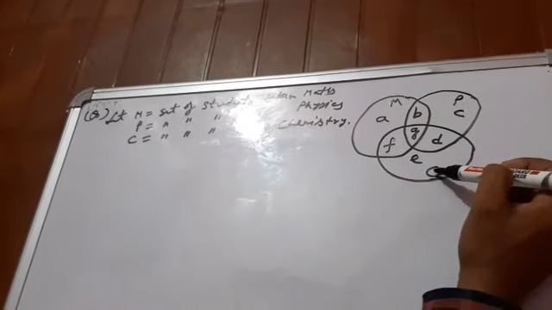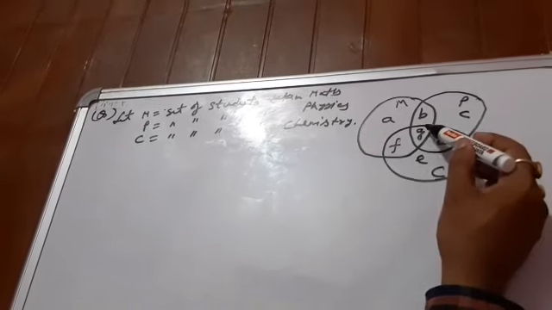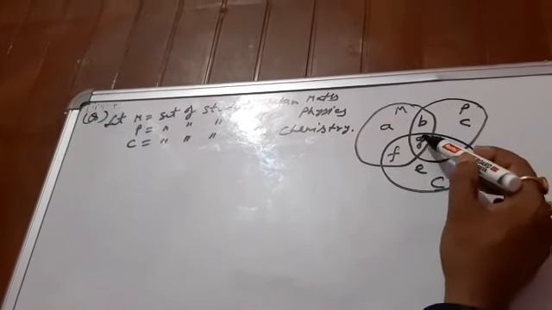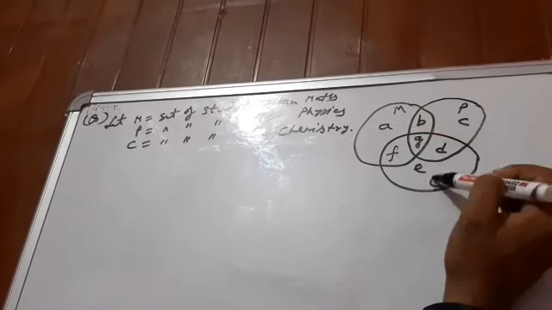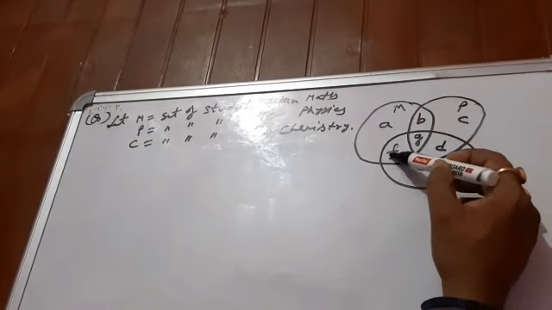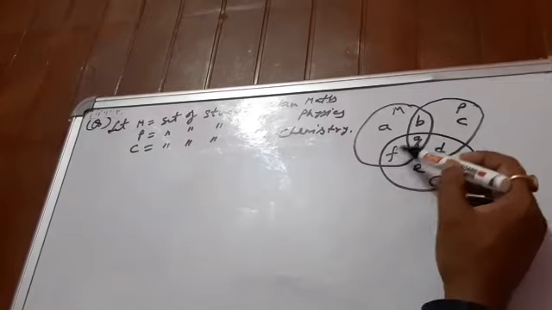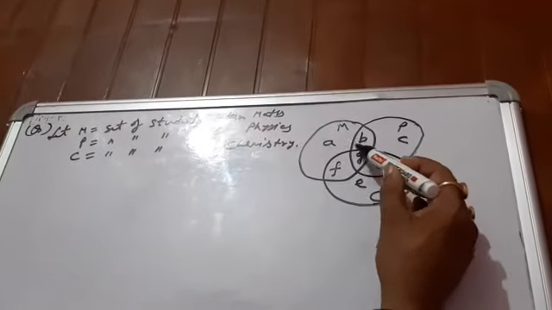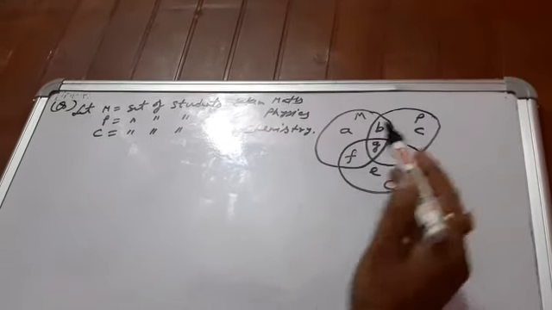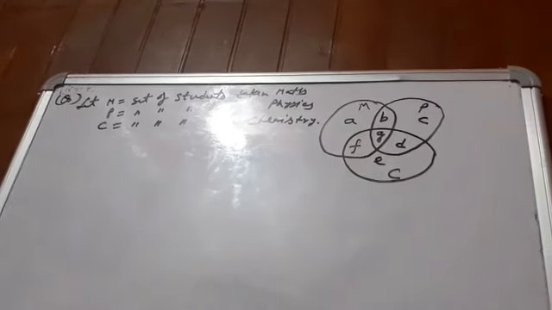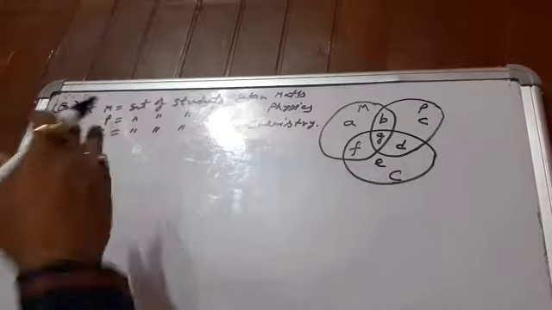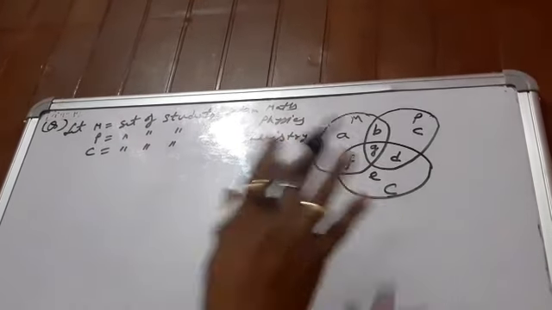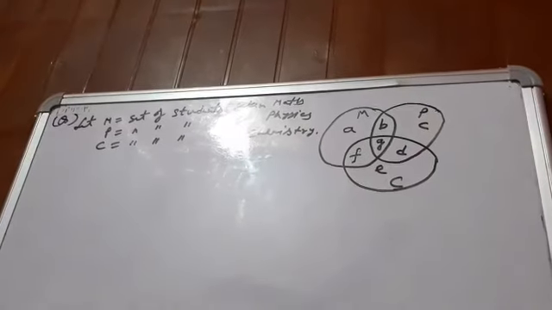Then for chemistry, same thing. For chemistry and physics, D and G, and for maths and chemistry, the portions are F and G, common portion, and G be the portion which is common in all of the three. So by using this alternating method, now we are going to solve such type of questions. It is easier for you. That's why generally we are using alternating method if three sets are given.